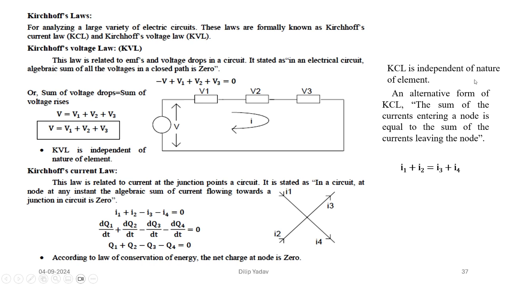We are saying the KCL is independent of the nature of the element. An alternative form of the KCL is that the sum of the currents entering the node is equal to the sum of the currents leaving the node. That is, I1 plus I2 will be equal to I3 plus